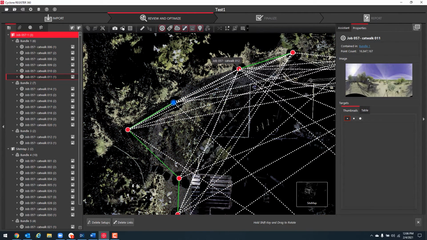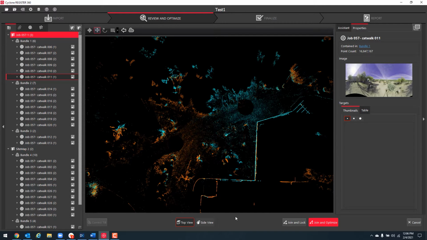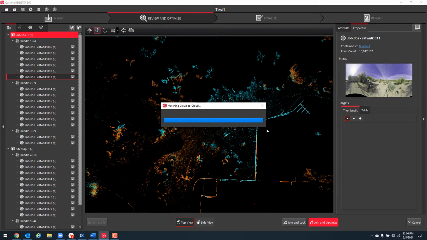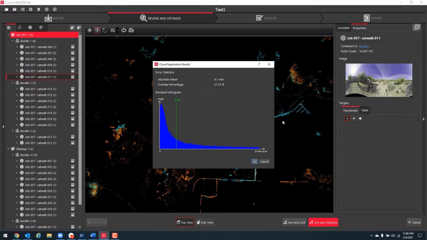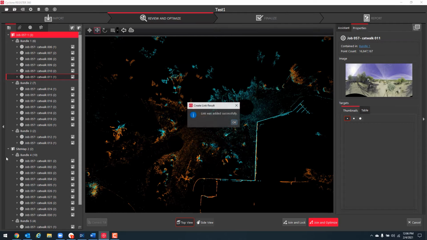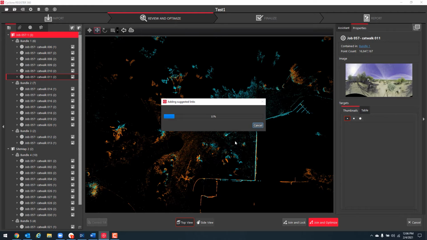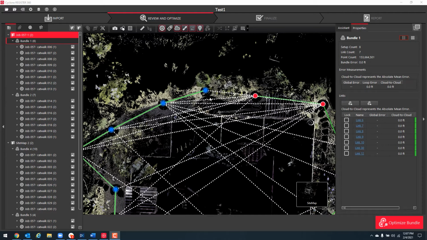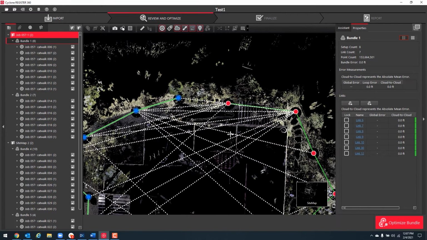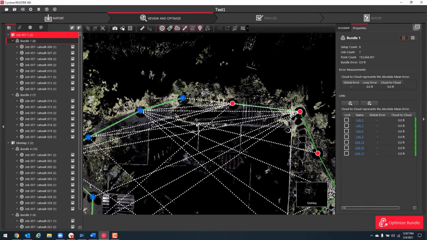All right, now let's go ahead and select these two. Let's go visual alignment. There we go, that one worked. Okay, link was added successfully. Found 9 additional link candidates. Okay, now that those 2 different sections have now merged into a single bundle, we have one more bundle left